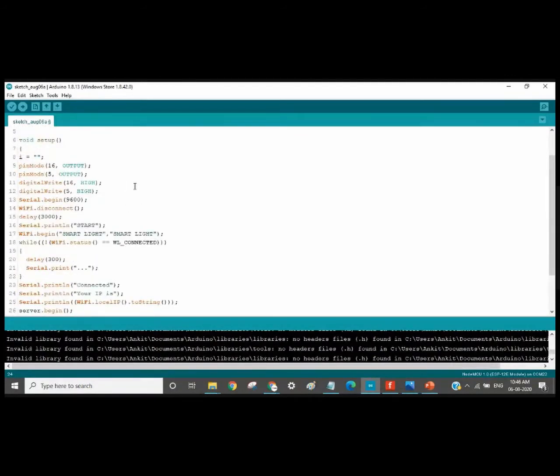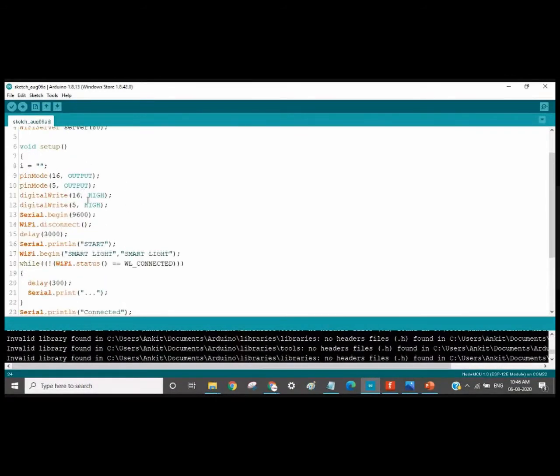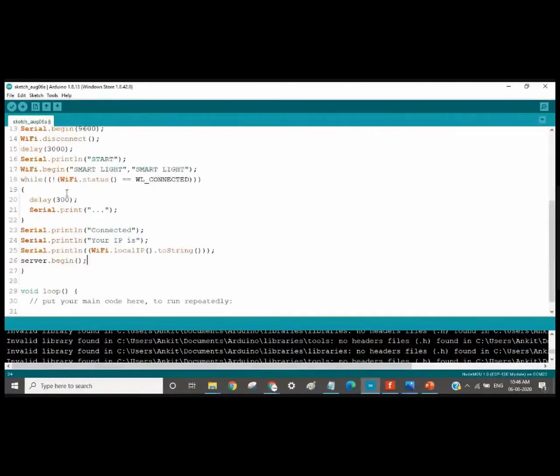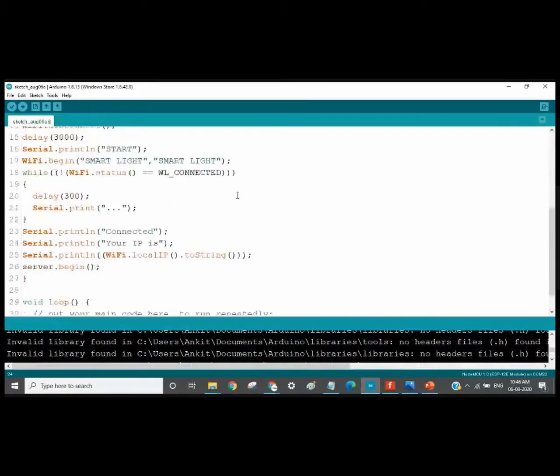So we have completed writing our setup part. Now I'll explain this part. I had explained it till here, right? Till the smart light part. Now here you can see the while loop. While not connected means while the status is not connected. That is, WiFi.status() equal to WL_CONNECTED means it is connected, and when you use this exclamation mark, it means it is not connected. So while the device is not connected to your Wi-Fi, which you have specified here,